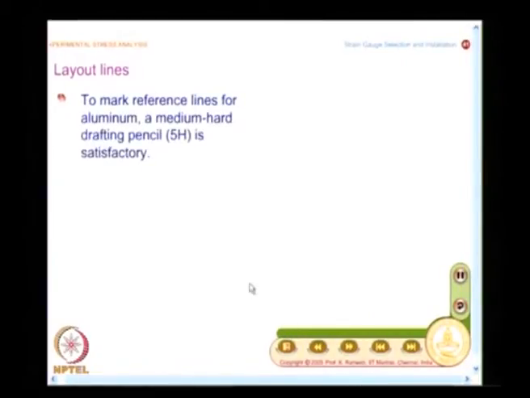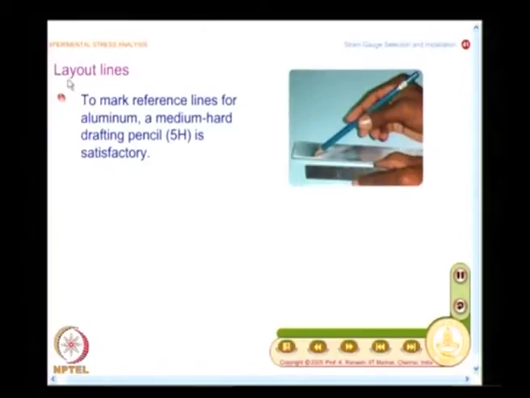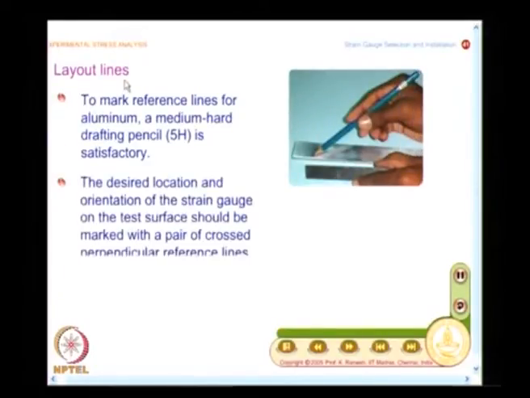The next important step is to put the layout lines. To mark, you can even use a drafting pencil for aluminum, but for steel and other materials a graphite pencil is not recommended, we will also see that.